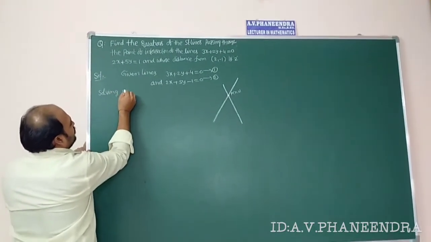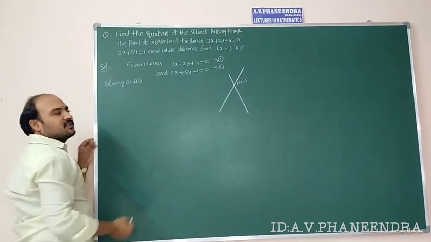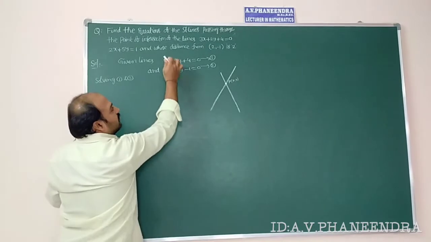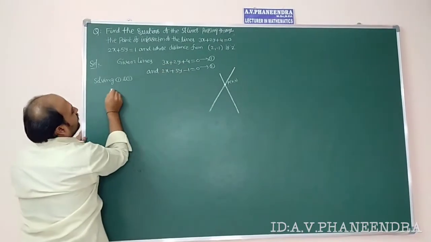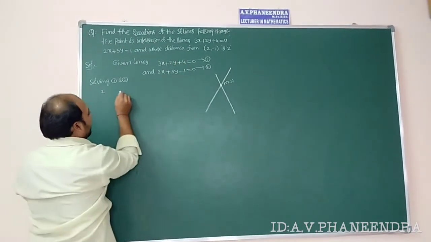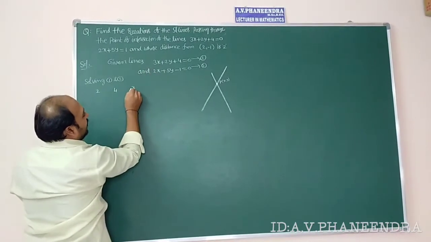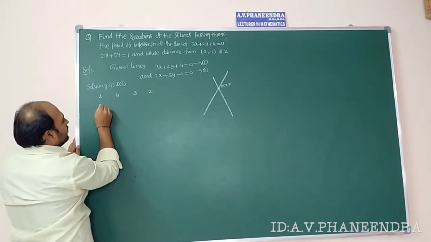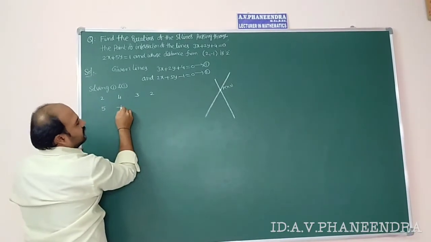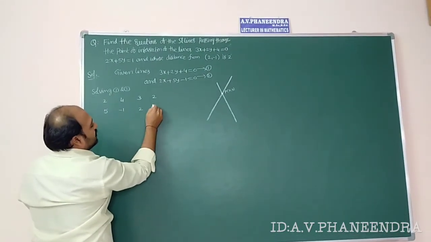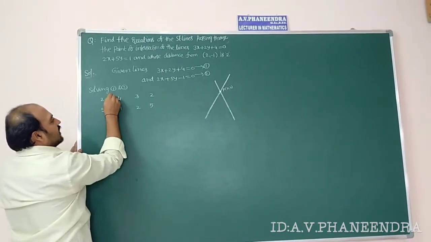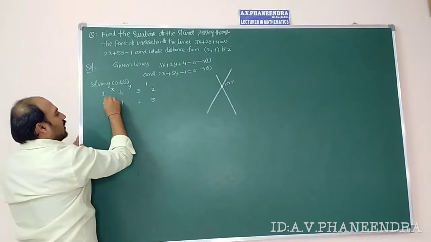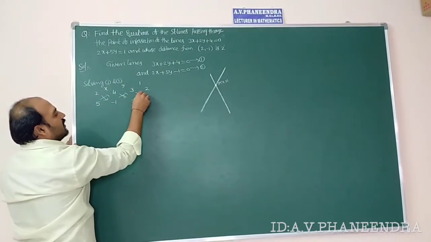Solving 1 and 2 by using the cross multiplication method. Cross multiplication means that from both the equations, we write the y coefficient, the constant, the x coefficient, and again the y coefficient. In the second line also: y coefficient, constant, x coefficient, again y coefficient. Between the first two columns is x, next two columns y, next two columns 1, and we find the determinant of each